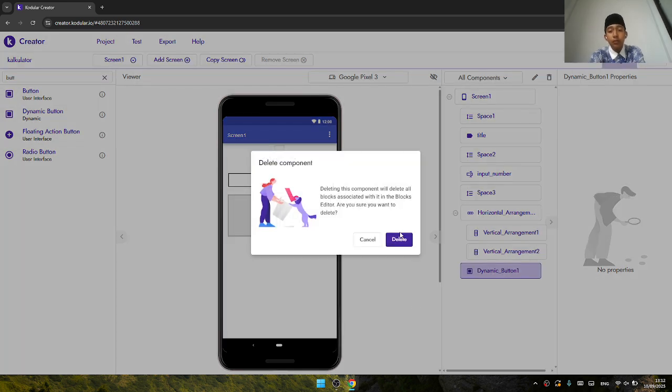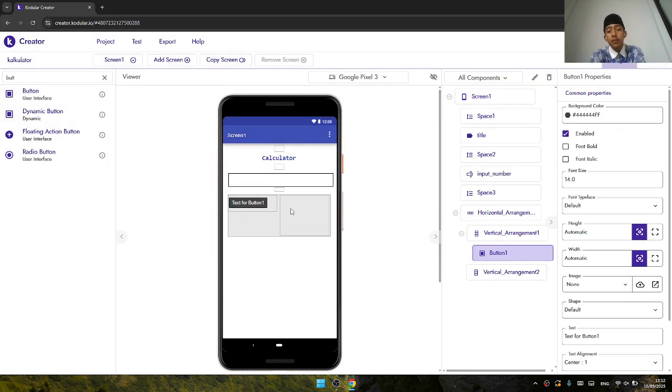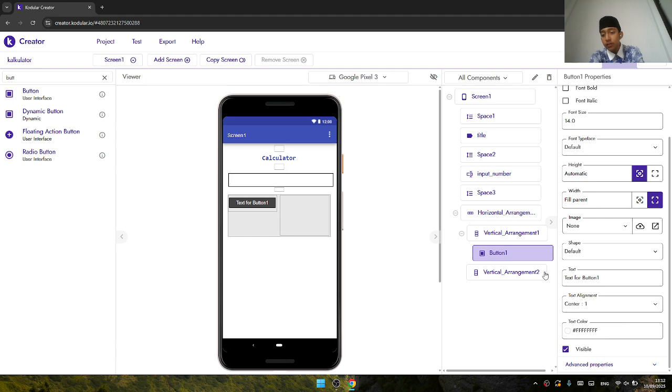Oh, then the button, I forgot. Just add the button like this. Then set the width to fill parent and set the text alignment to center, right? And then we set the shape to rounded.